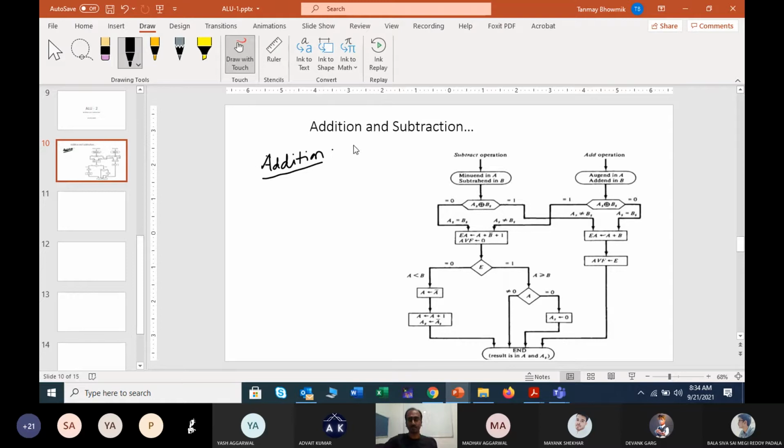Positive number means let's say we are performing the addition between 4-bit numbers, any of them, just like 0110 and 1000. So let's say we have taken 4-bit addition, right? One of our numbers is 1001 and another number has been given as 0101. Okay, so we'll perform this operation.